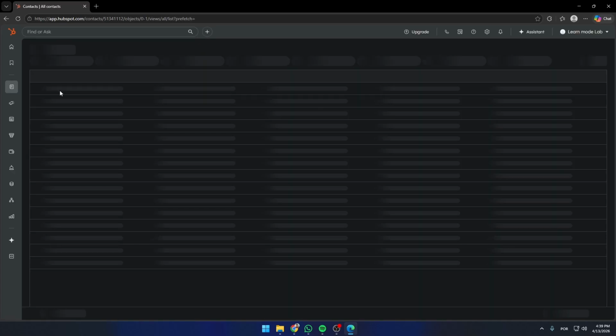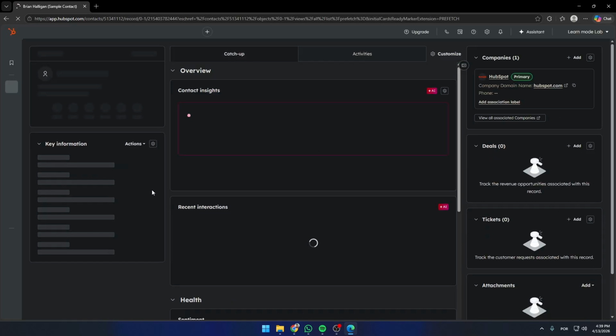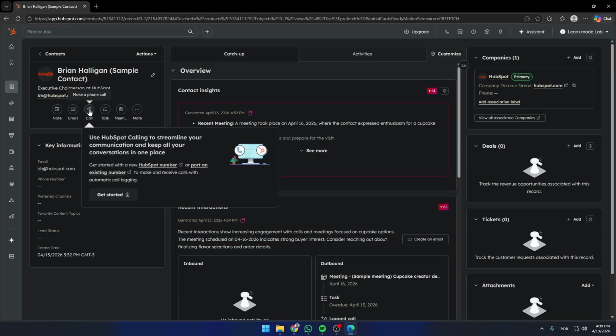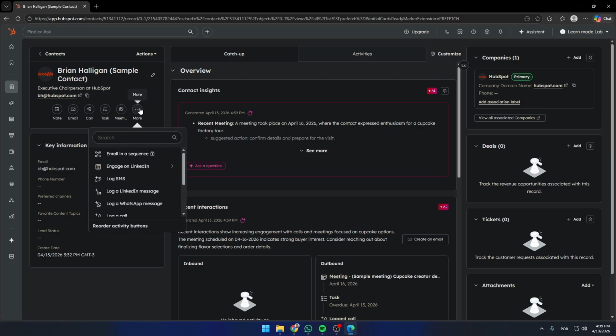Once you are inside, look for the Contacts option in the top menu and click on it to view your contact list. Next, select the contact you want to call and click the person's name to open the contact profile. Inside the contact profile, look for the call icon or the call option, which allows you to start a call